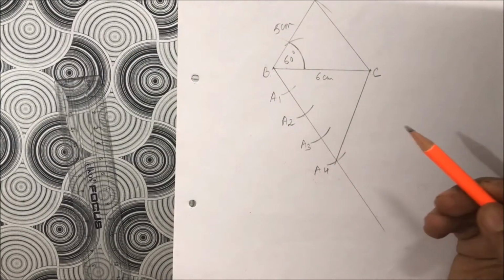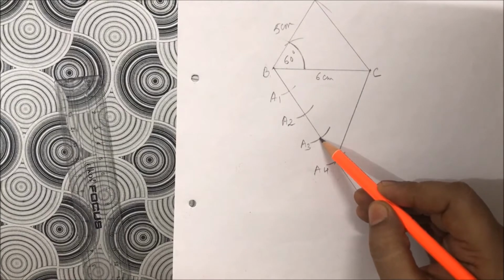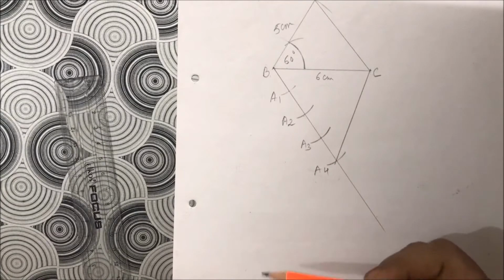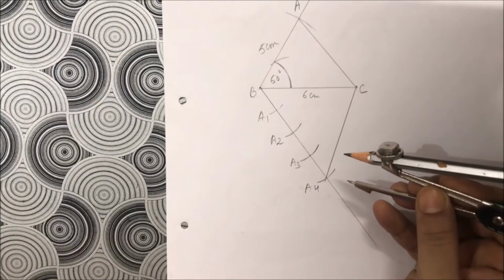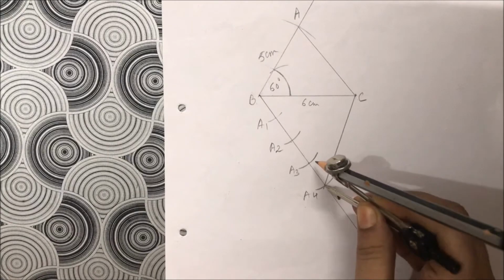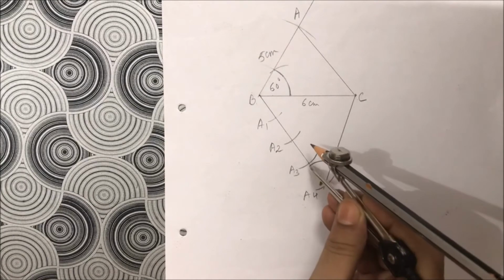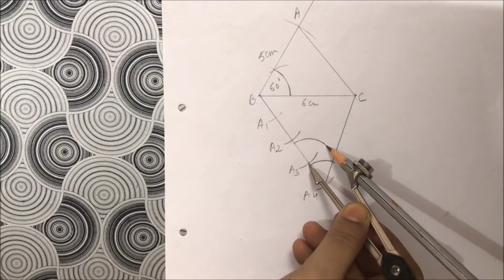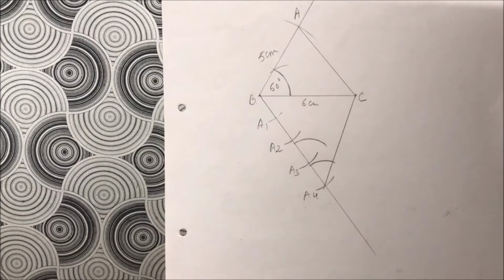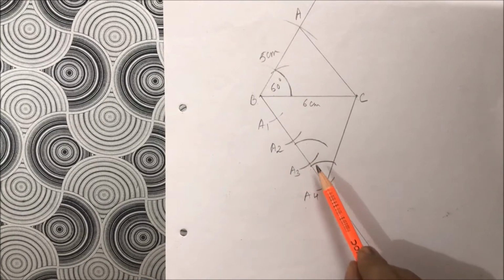Then with the third arc point, because the ratio is 3 by 4, we have to draw a line parallel to this A4C. See how to draw this line. With A4 as center, first of all, with suitable radius, mark an arc like this. Then with A3 as center and the same radius, draw another arc like this. Then measure this angle, and with this as center, draw an arc so that the angle will be equal to this given angle.